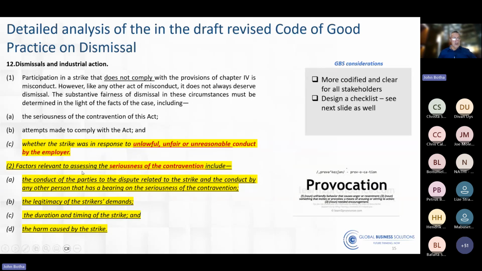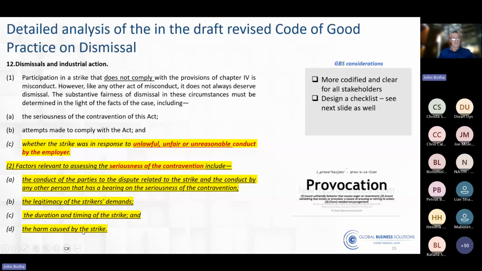It then adds this whole new section in now. It says factors relevant to assessing the seriousness of this contravention include the conduct of the parties to the dispute related to the strike. So they're saying, look at their conduct. What are they doing? Are they damaging property? Are they engaging in hate speech? What is the conduct of the parties and the bearing of that on the seriousness thereof? Are any of their demands potentially legitimate? The duration and the timing of the unprotected strike. So obviously, the longer it continues, the more serious it becomes, and then the harm being caused by the strike,